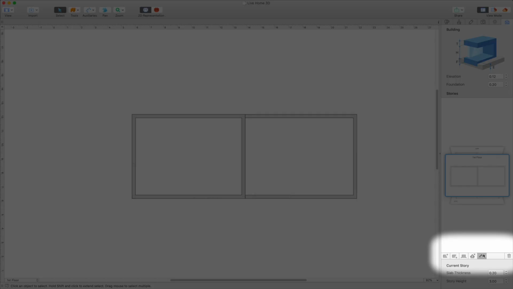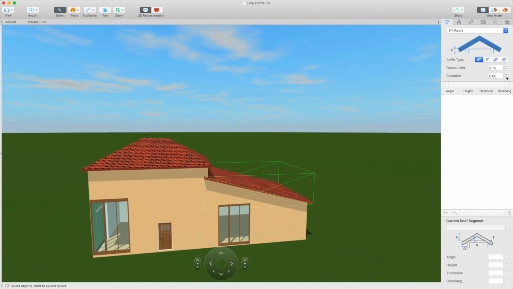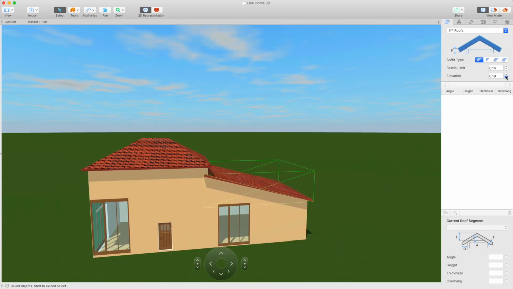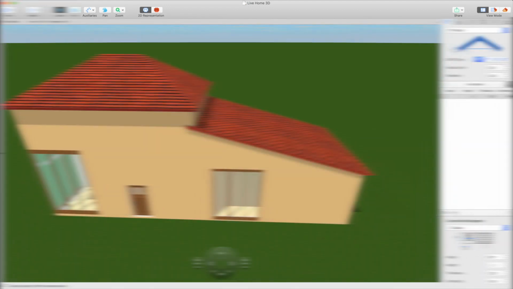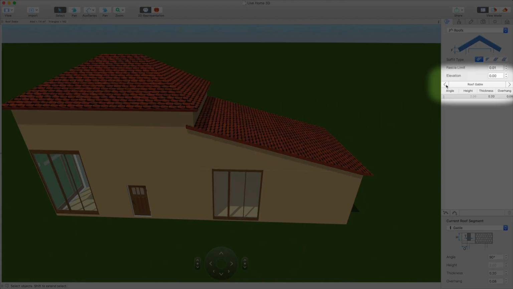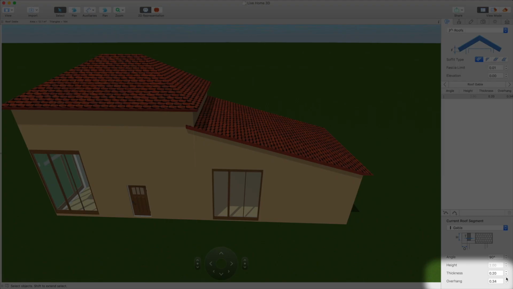To add it for the second room, add an auto roof on the current story. Switch to Object Properties tab of the roof and set the necessary elevation for it. Here we go. If a part of the roof appeared inside the adjacent room, you may remove it by reducing the overhang volume.